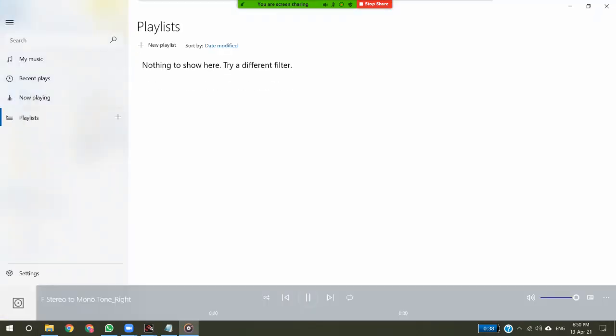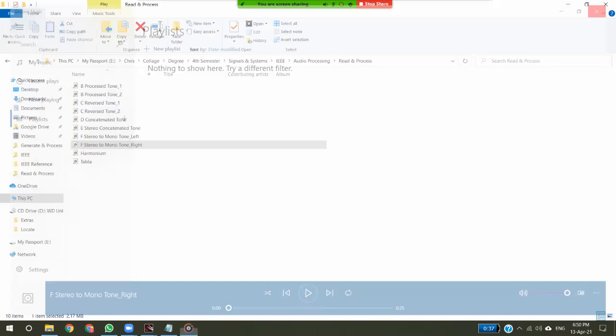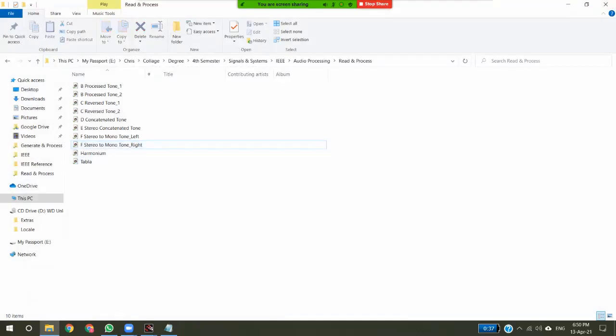And we'll see the second tone which we have extracted. So now we'll hear the two tones which we have reversed. So first tone reversed.